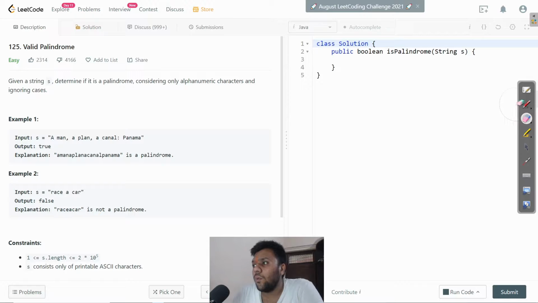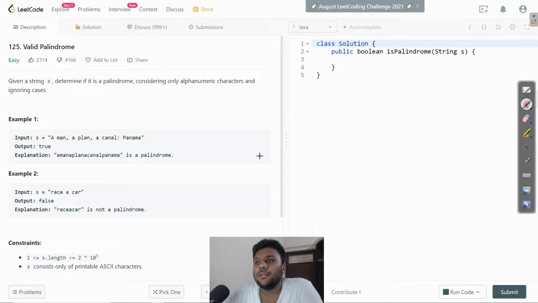Alright guys, what we have to remember in this one is that we have to consider only alphanumeric characters. Alphanumeric means letters like a, m, a, and digits; the colon and the white space are not considered alphanumeric, so we have to ignore those. We also have to ignore cases. Cases means, for example, in a man the a may be uppercase and the a in man lowercase, so we can either consider everything in lowercase or everything in uppercase. It's all up to us. I will show you both: in the first approach I will use lowercase, and in the second approach I will use uppercase.